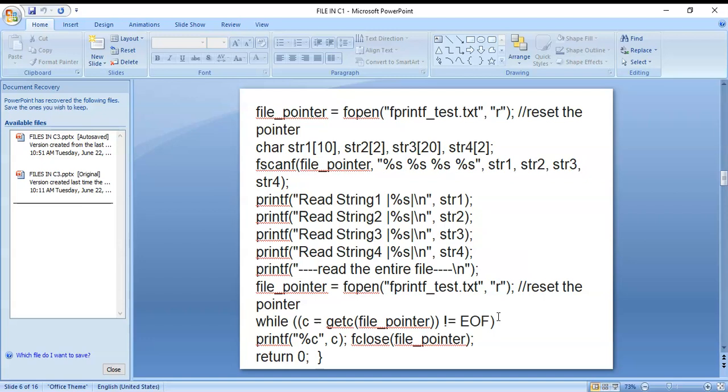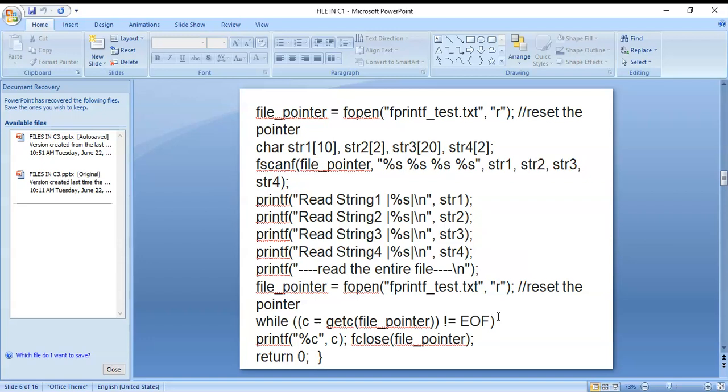The first string is read, then the second line, the third line and the fourth line are also started. These four strings are on new lines. If we don't mention backslash n, all the strings are printed in a single line. When you mention backslash n, you can see them line by line, one after another, in the output.